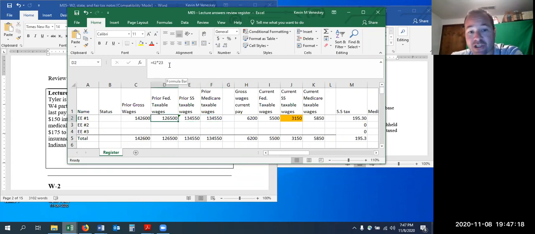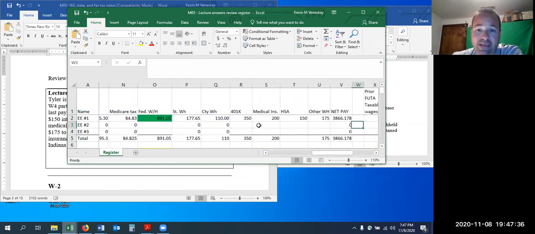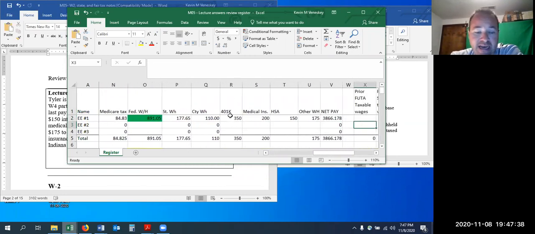So if I ever had to go back and change this, then I would have to change it in 3 places, whereas in your template, you only have to change it once if you put it down here where we had set up for our template. All right, so the next thing we want to do is to determine what our Fed wages are and Medicare wages. We need to come over here and insert in these items that you should have in yellow. These are your yellow items on yours.